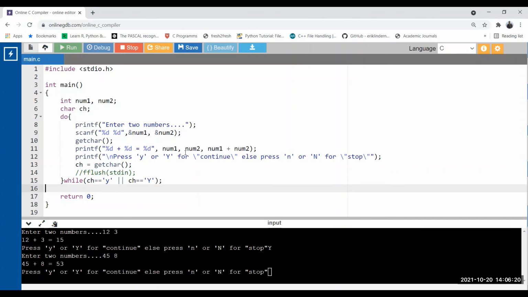Okay, so I hope you understand the perfect way of implementing a do while loop, what the various things are that you should take care of, how it can become infinite, how break can be implemented, how continue can be implemented.